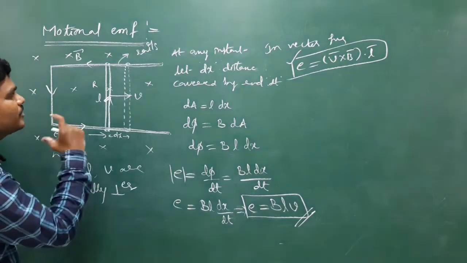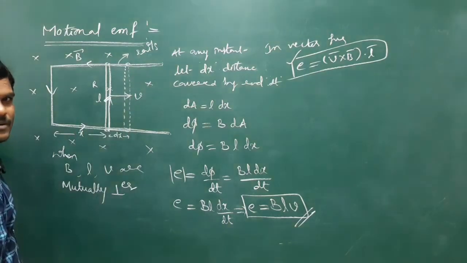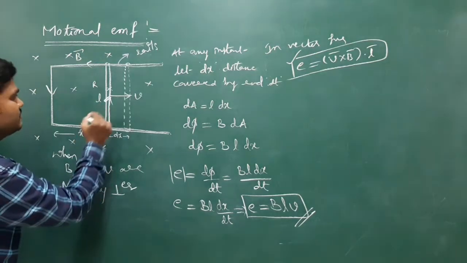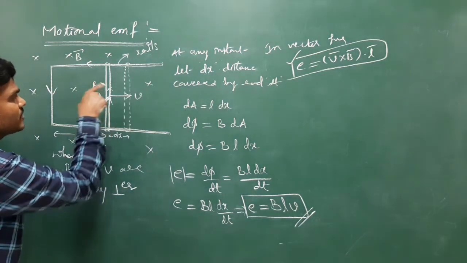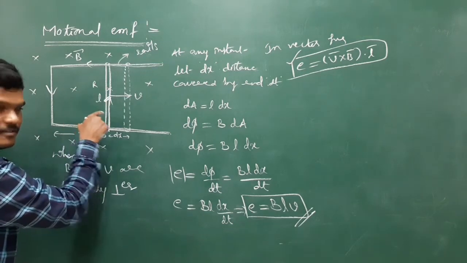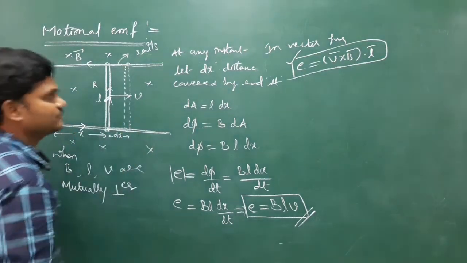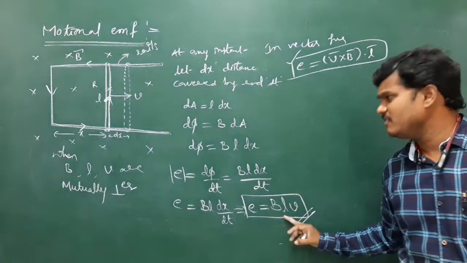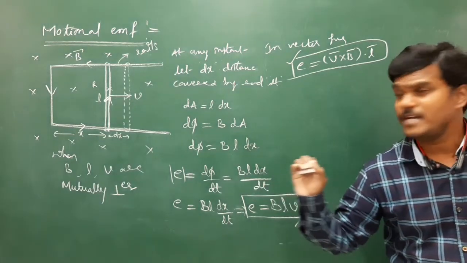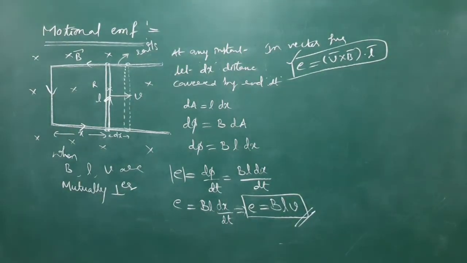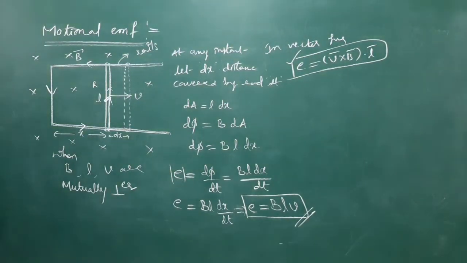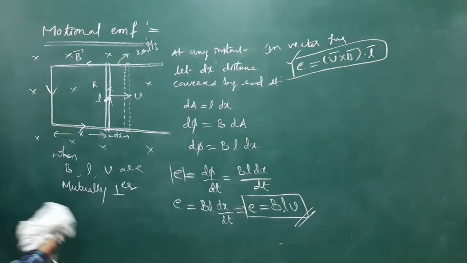Let us see how we are going to replace this rod by a battery symbol. Let us see some story for understanding. Take this derivation. Let us learn how we are going to take the battery positive terminal and battery negative terminal in the applications. This is possible when B, L, V are all mutually perpendicular. Let us see the actual meaning, and I am going to write it as applications.